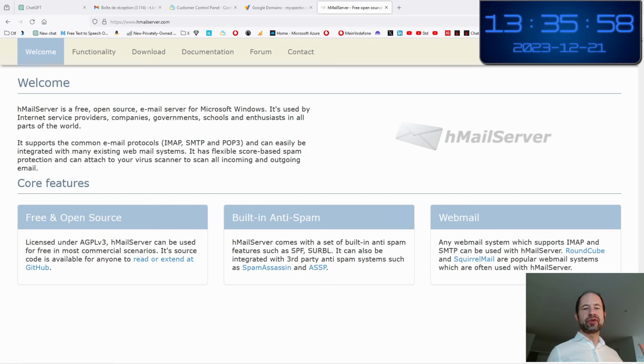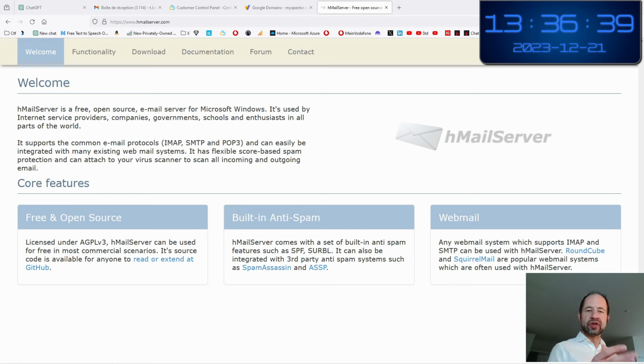So currently we have created the setup to announce where the mail server of MySpector is hosted and also which machine is allowed to send email. We can try to make a test to send an email to the mail server. The thing is that for the moment, there is no server open. There is no active component on the target machine. And the mail server should run on the standard port, TCP port 25. It is a little complicated and not standard to choose another port, so I remain on TCP port 25.